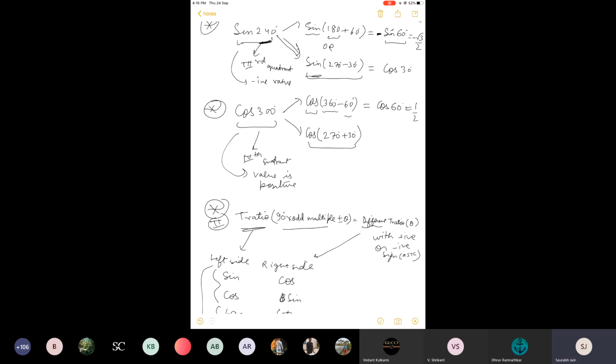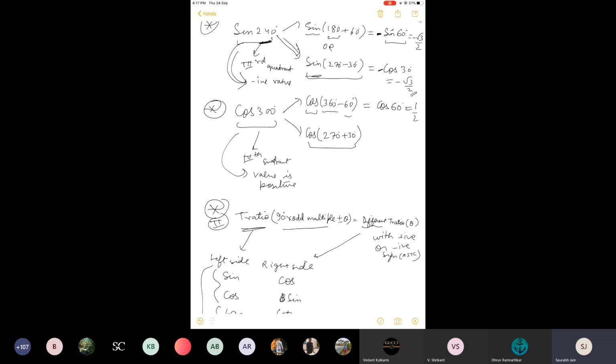And the same thing, we have to decide whether it will be plus or minus. Now the answer is already written here. In the third quadrant, sine 240 will be negative. So we will have to put a negative sign over here so that its value comes out to be negative. Why? Because cos 30 degrees is a positive value. And what is its value? You have already learned in class 10th, its value is root 3 by 2. So as a result, sine 240 degree, whether you find it by the even multiple or odd multiple, in both cases obviously the value will come the same.